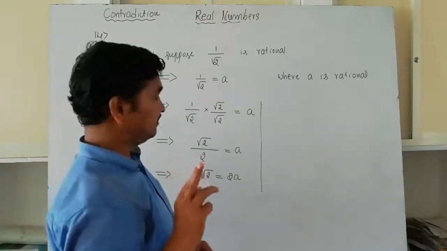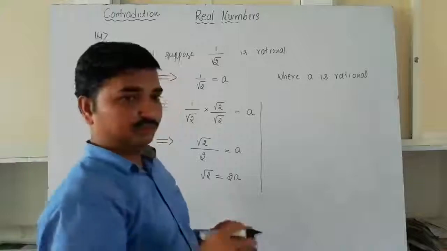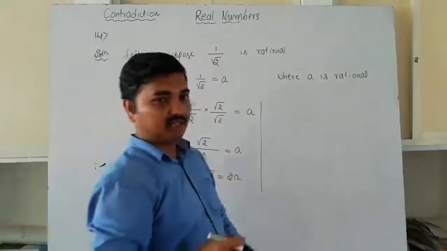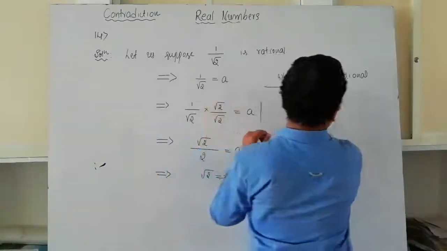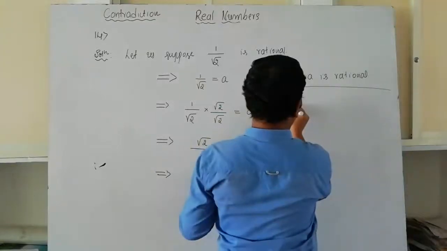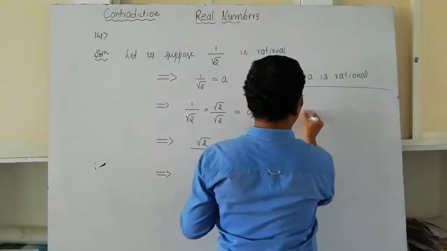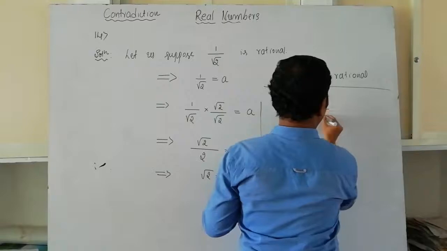Okay, no doubts. Okay, now listen here. Now let us suppose you try to do this in the second method. You need to write it like this. Okay, now look here. I'm going to write here: suppose 1 by root 2 is equal to a by b.